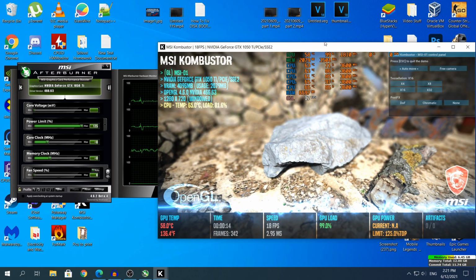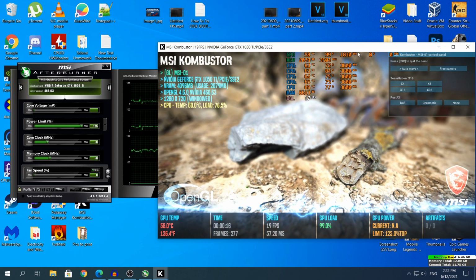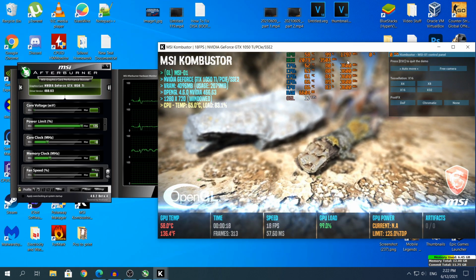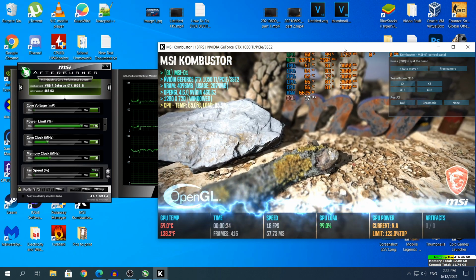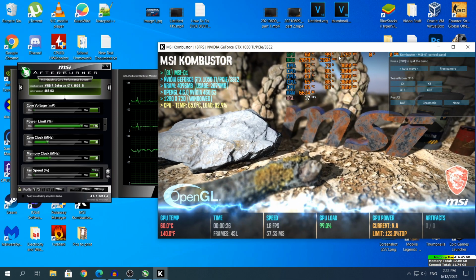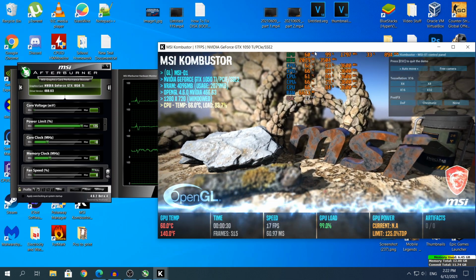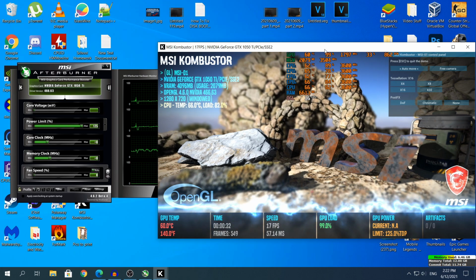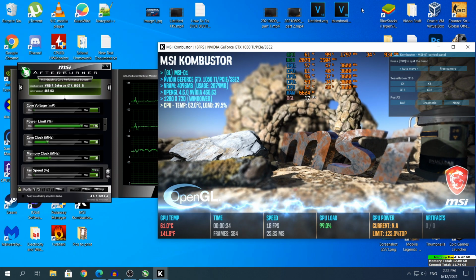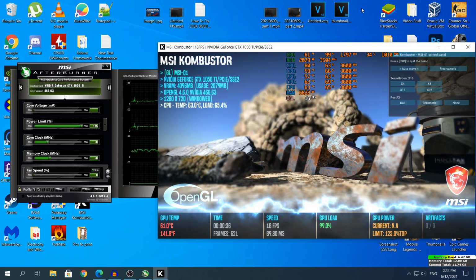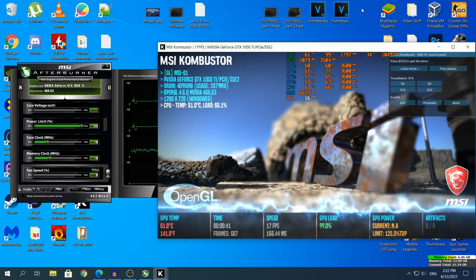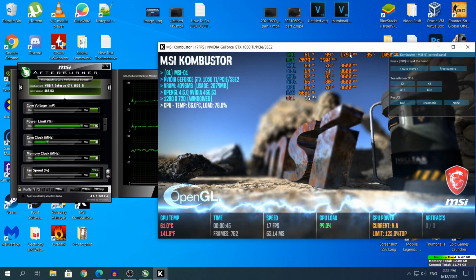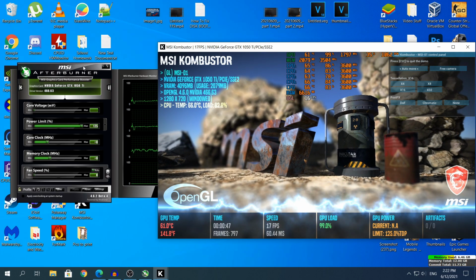Right here in the software you see my stats of the GPU at the top one and the memory right here, and the two numbers that we're going to focus on are the 1797 MHz, which is the core clock, and below it you will see the 3504 MHz, and that's the memory clock. If you do not know what core and memory clock is, the core clock is basically the GPU chip itself, and the memory clock is the VRAM. And these are the two numbers that we will pay close attention to.